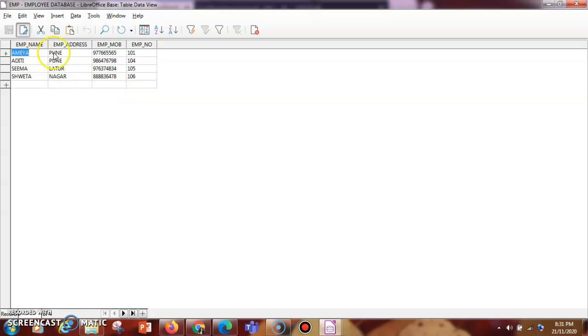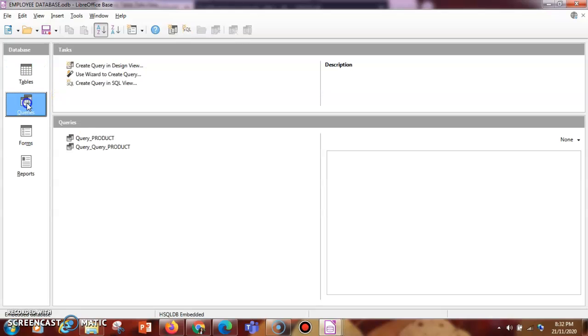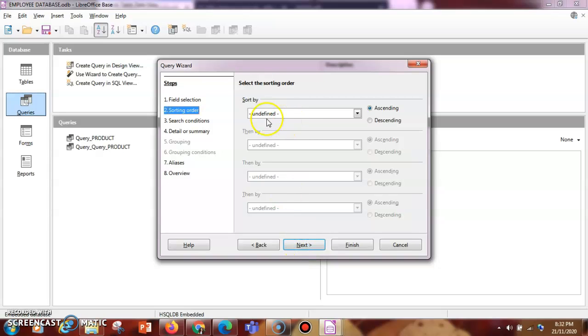Now 101. Okay, so we'll take employee number is equal to 101, so the output should be Amey. Okay, so now we'll go here. Now I'll go in queries, use wizard to create a query, then we'll go in this section, click on next, then sort order in ascending.